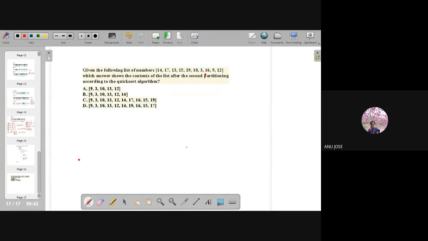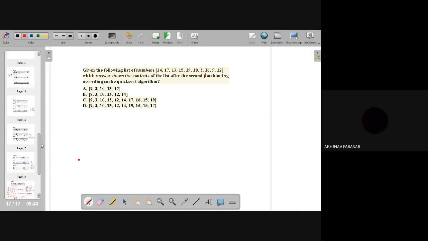After the first iteration, you will get 10, 12, 13, 9, 3, 14, 19, 16, 15, 17. Then the next iteration is only for the left hand side. Now I have created 2 subarrays. We'll not consider both sides, only the left side. Look into the recursive function.